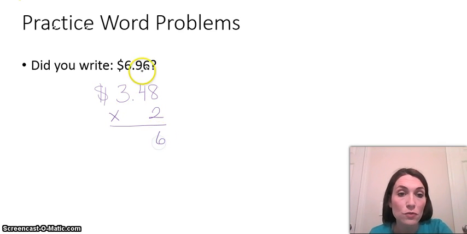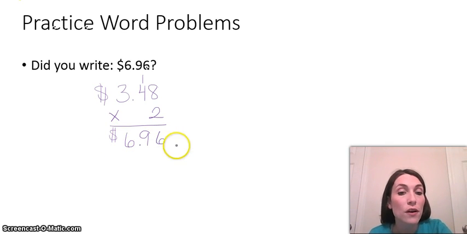So 8 times 2 is 16. 4 times 2 is 8, plus 1 more is 9, and 3 times 2 is 6. Now we have to see where our decimal point goes. We have 1 decimal place, 2 decimal places. So we start here and count over 1, 2, and that would be $6.96. It's very important for us to put the dollar sign there so people know that we're working in money. So 2 loaves of bread would cost $6.96,